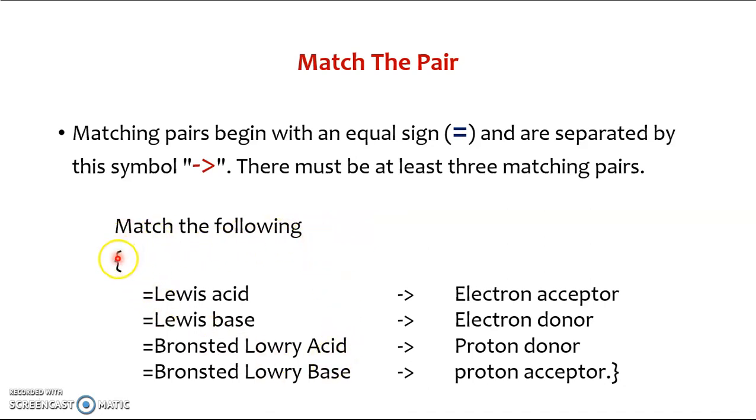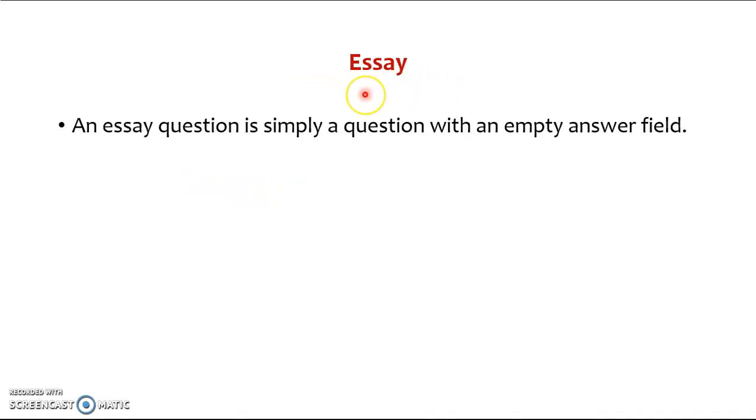So your question starts with curly brackets. For the first question, you have to write down an equal to sign, then the question and its pair. The question statement and pairing option are separated by this symbol. When you have written all the questions along with their pairs, then close it by using curly brackets. So options start with curly brackets and end with curly brackets. So this is the requirement. By using this equal to sign and this special sign, we can create match the pair type of question in a Word document.